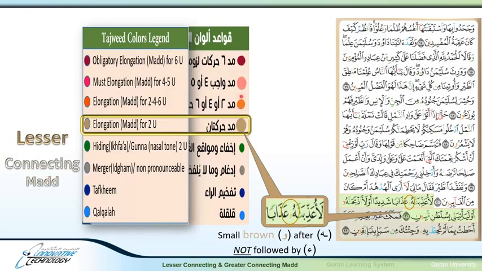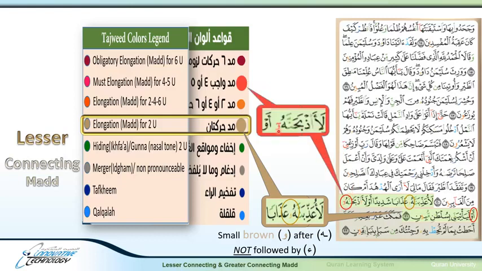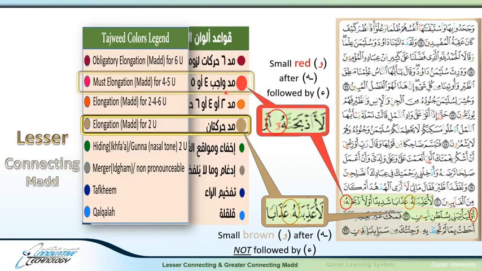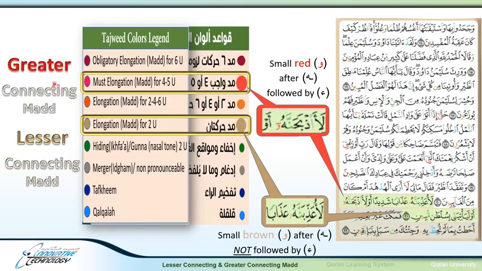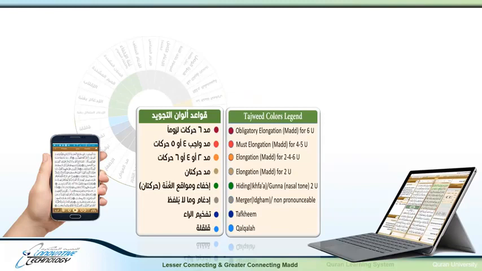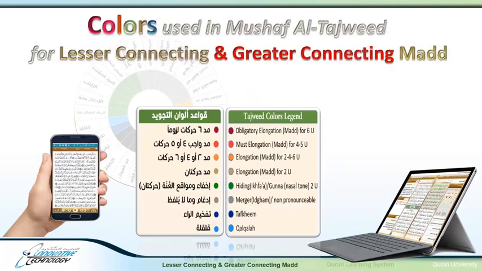Now if we look with this bright red color for a similar vowel, we'll find this waw here followed by a hamza. This waw following ha al-damir, the ha at the end of لأذبحنه, and it is followed by a hamza of aw. The Tajweed rule for this waw is to be elongated for 4 units, indicating a greater connecting med. So if you want to summarize the colors used in Mus'haf al-Tajweed for lesser connecting and greater connecting med,